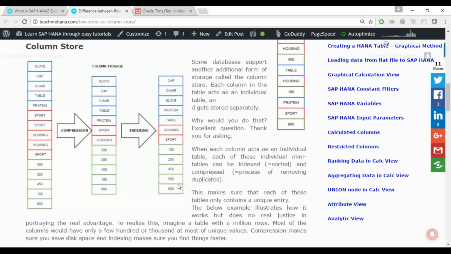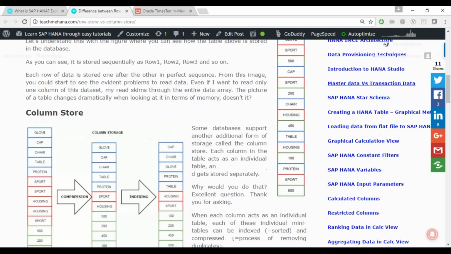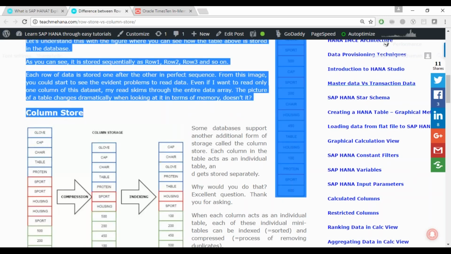The database always does that by itself. The sorting and indexing is done by itself. As a developer, you do nothing here. The sorting and compression algorithms might change based on how SAP optimizes these things at the back end, but usually what you have control of is to tell your table that it will be a column store.